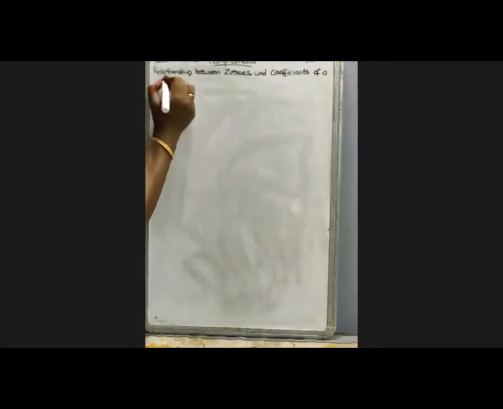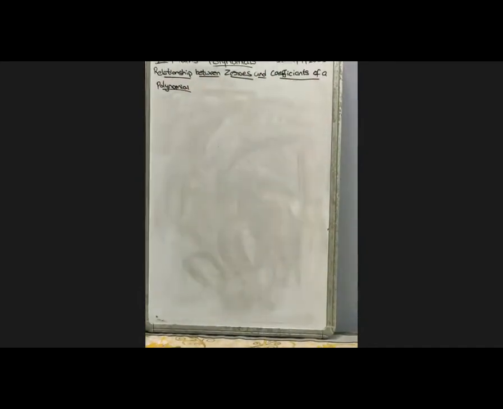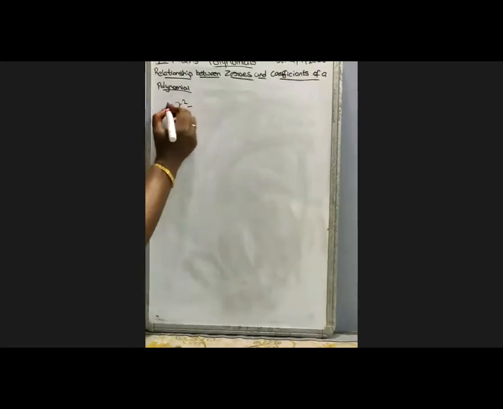You will get it for 2 marks questions, ma. Okay, this is very, very important. You will get it for 2 marks or 1 mark, or half mark also. How we have to find zeros and coefficients. Coefficient means what? The number beside the variable. For example, suppose you take some x square, some 2x square,